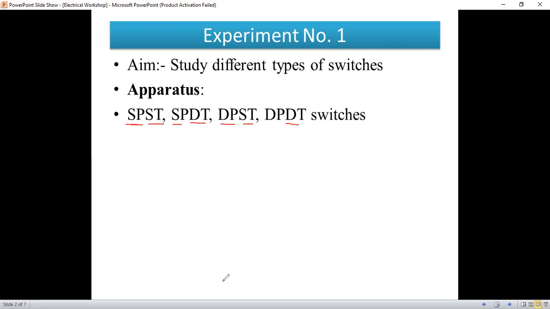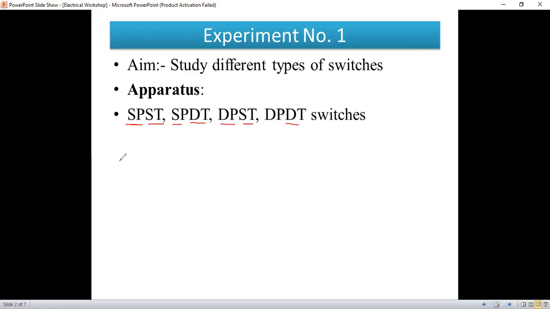So that is nothing but the pole. And the throw, it may be one throw, that means one movement, either an opening or closing movement. Okay, so by throwing once, it will connect to one pole, and then our circuit can be completed. Or by throwing twice, it will connect two poles, and then our two circuits can be connected.